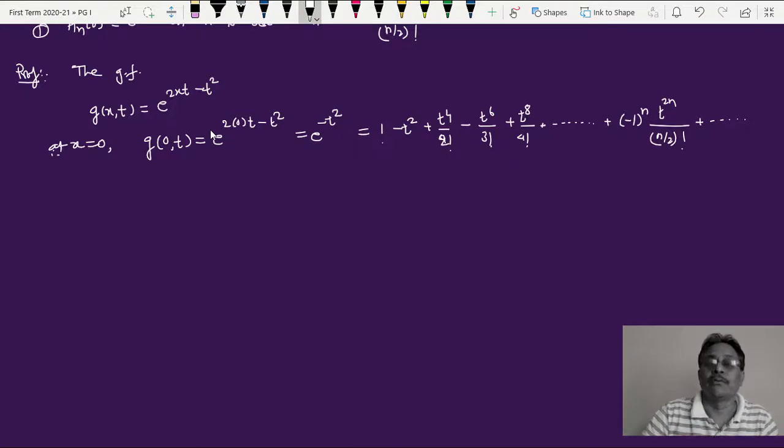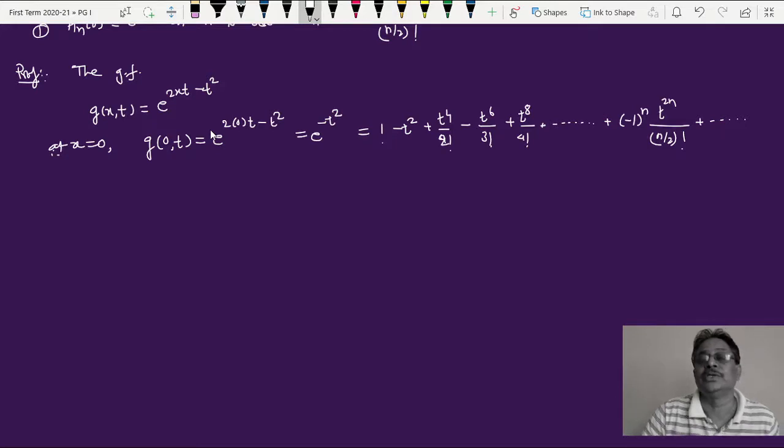So this is the nth term: first term, second, third, fourth, fifth, sixth, and so on. For the 0th term it is 0 factorial, 1 factorial, 2 factorial, 3 factorial, 4 factorial, and alternate terms are plus and minus. So the first term is plus, second is minus, third is plus, fourth is minus. The powers 0, 2, 4, 6 are even. Whatever n I take, the power is twice n. For the 0th term, t raised to 0. For n equal to 1, the power is square, for n equal to 2, the power is 4. Likewise, this is t raised to twice n.